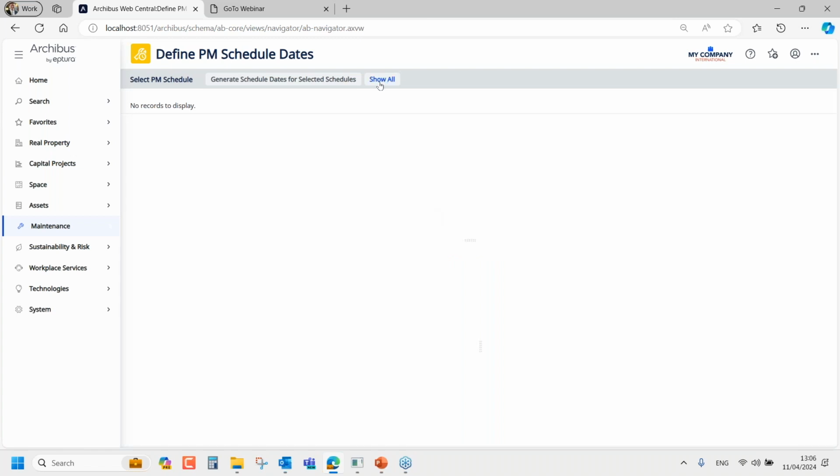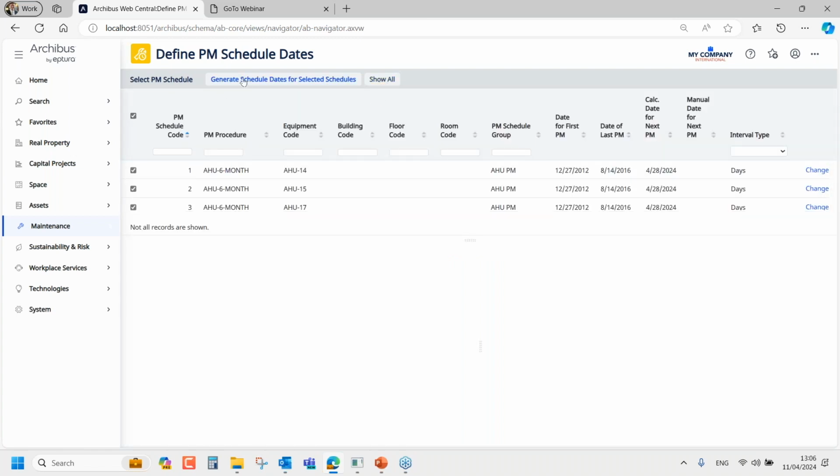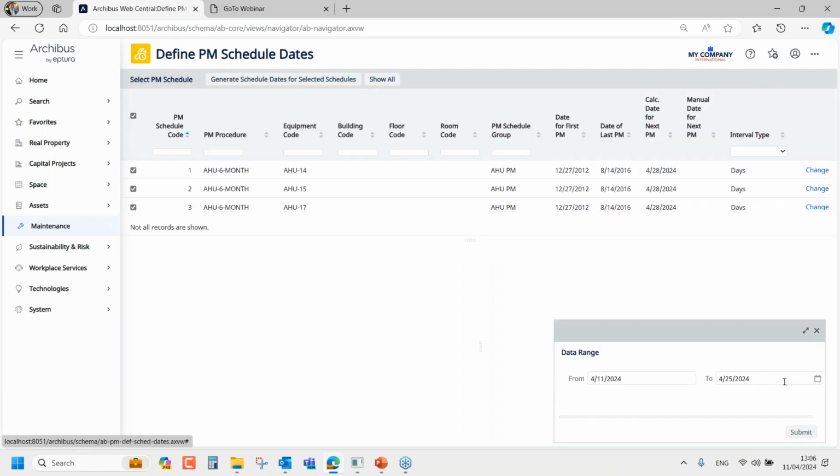I have to press show first, and then select the schedules you want and generate those dates. And again, you can generate date records up to 3 months in advance. And this is a nice planning tool because once you have the date, if you need to move dates around because of a special event, or you need to rearrange schedules because someone goes on vacation, then you can do